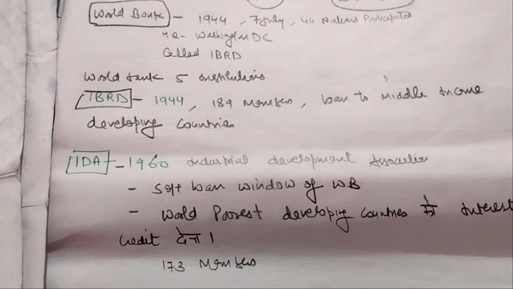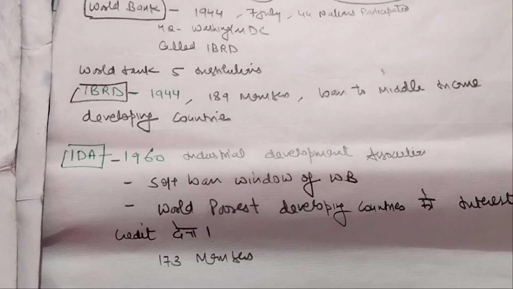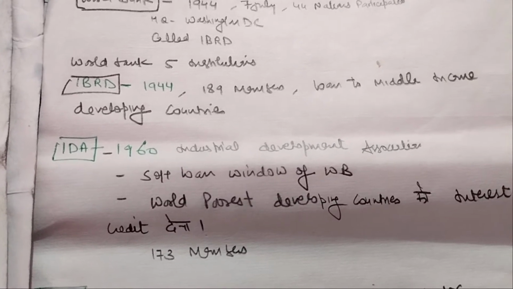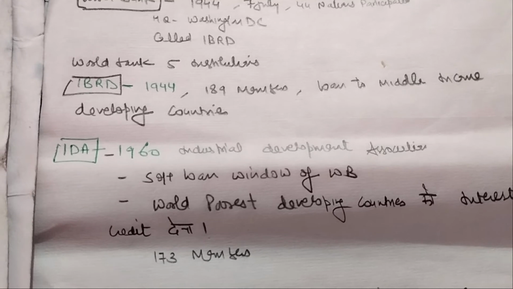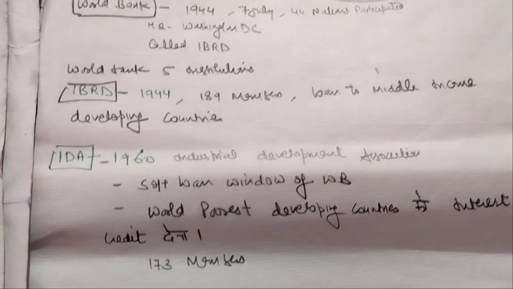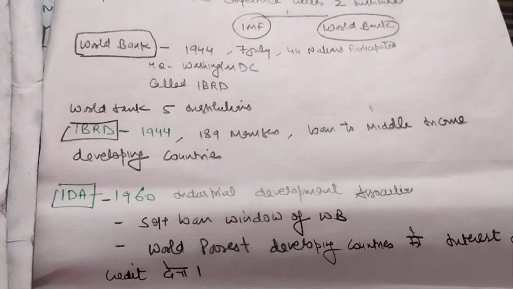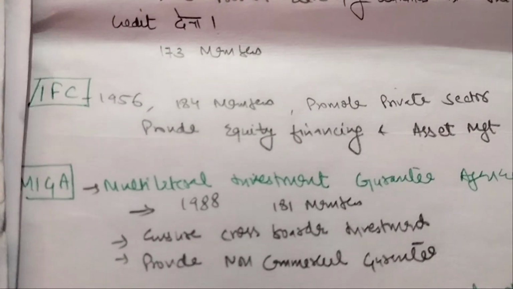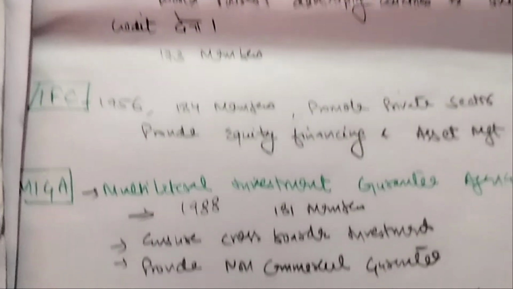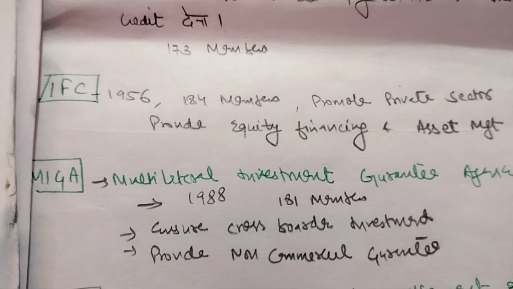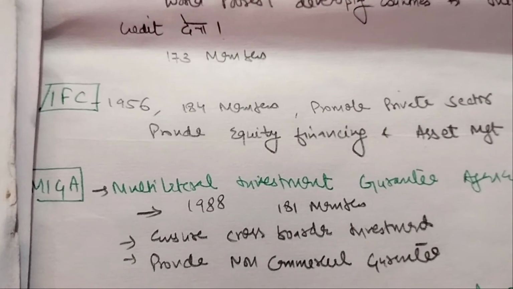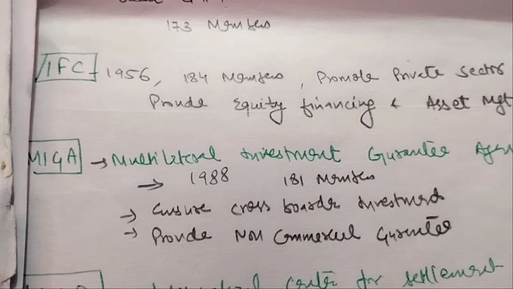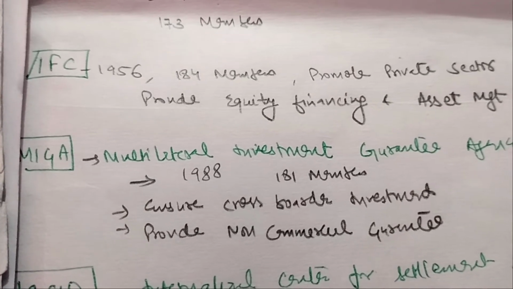Its full form is International Development Association. Its main objective is to be the soft loan window of the World Bank, and it provides interest-free credit to the world's poorest developing countries, and it involves 173 members. Another one is the IFC, the International Finance Corporation, which came into existence in 1956 with